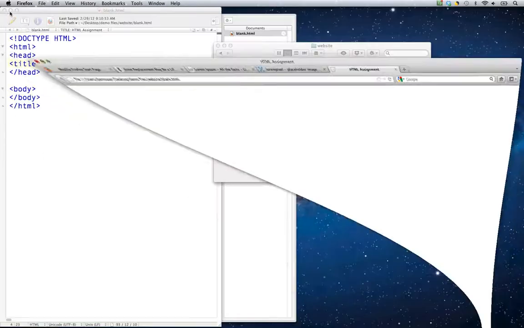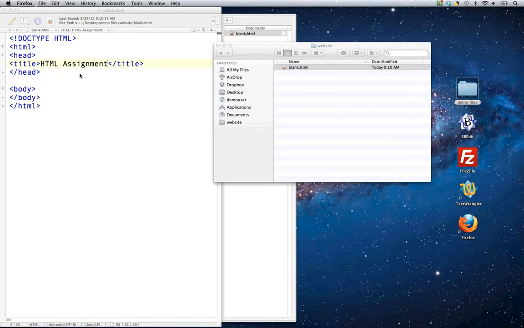Now this is completely blank. You'll notice that the body of this document is blank, but you will see that this HTML assignment, what I named it, is already sitting up here. So we have a sense that this thing is on. If you don't see it, make sure that you have saved your document. That's the number one key to seeing changes in the browser, and that's the process we're going to do this entire time. We'll make a change, we'll save it, we'll hop over to the browser and refresh,